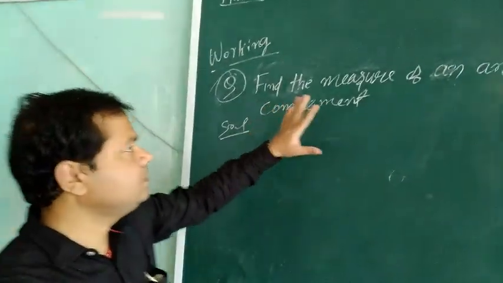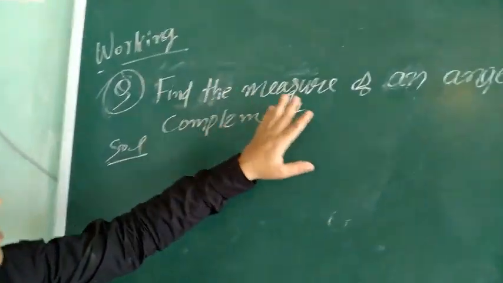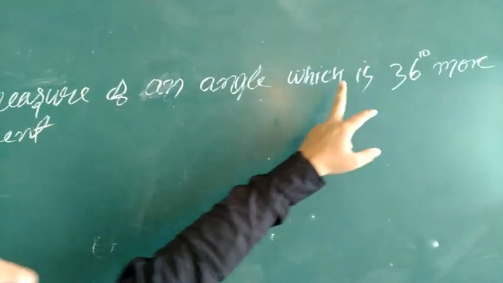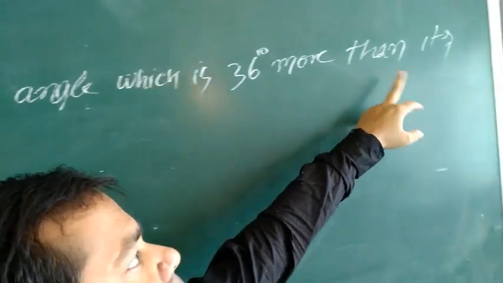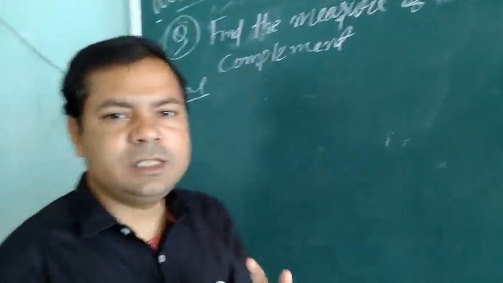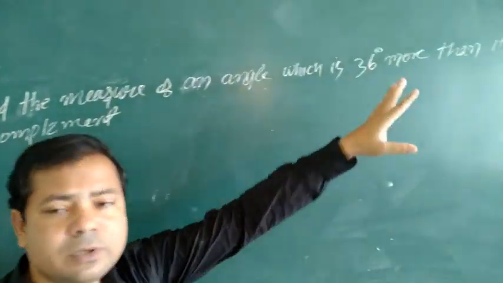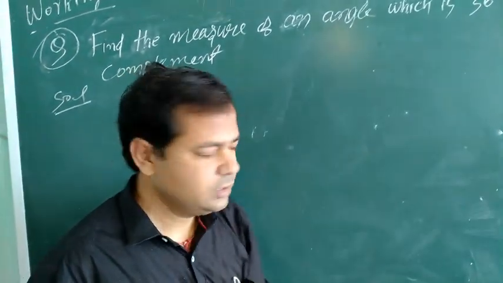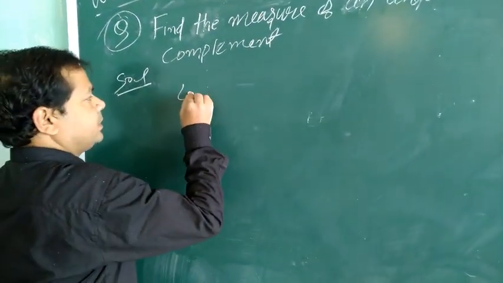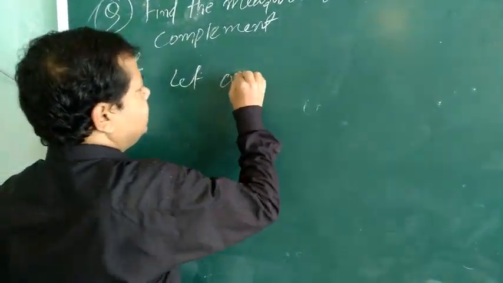One of the problems we have: find the measure of an angle which is 36 degrees more than its complement. It means there is an angle which is 36 degrees more than its complement. Let an